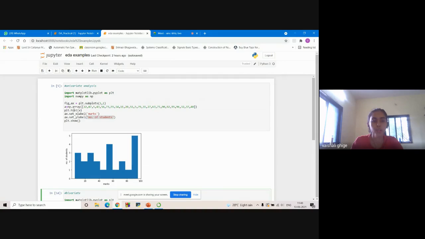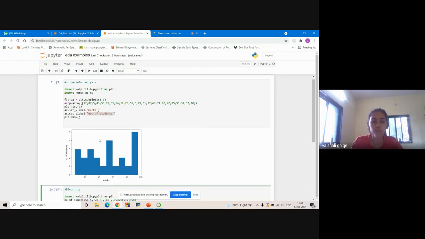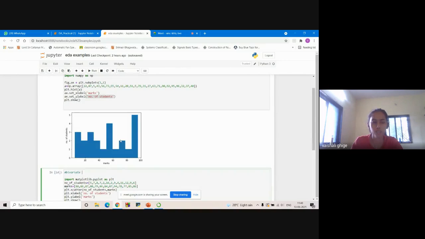So we draw a histogram for A, the X axis label should be marks, and the Y axis should be number of students. The show function will be used for printing this histogram. So this is the example of univariate analysis.